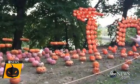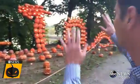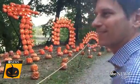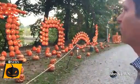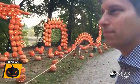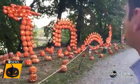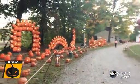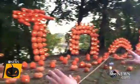This guy landed last year actually, and he's dominating the undersea aquarium. I have to say, I think the sea serpent is by far one of the coolest things I've seen. It looks like, how many pumpkins are made up of that? I can't even count. A few dozen? Yeah, that's about 150, really. 150? Oh my. And we're also right on the banks of the Croton River, so it's kind of fitting